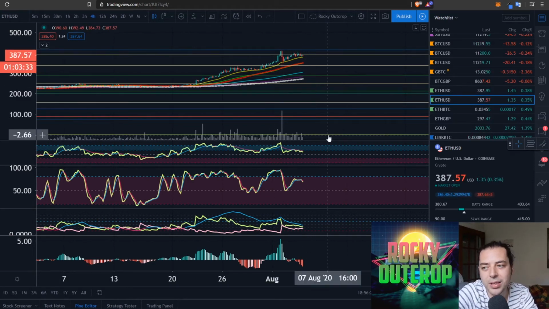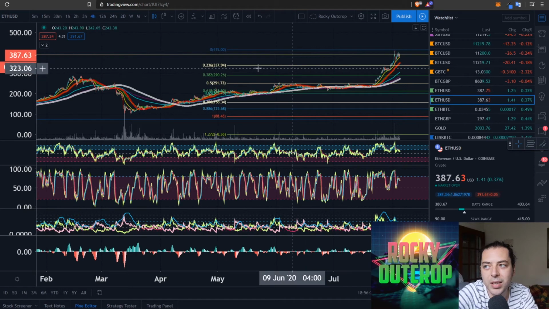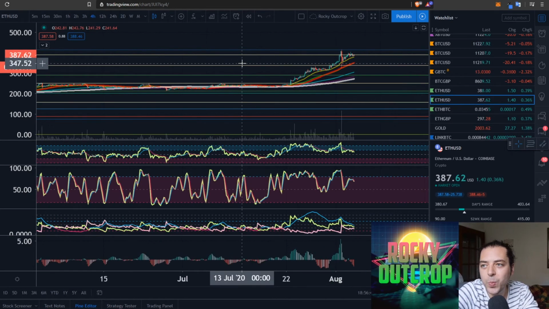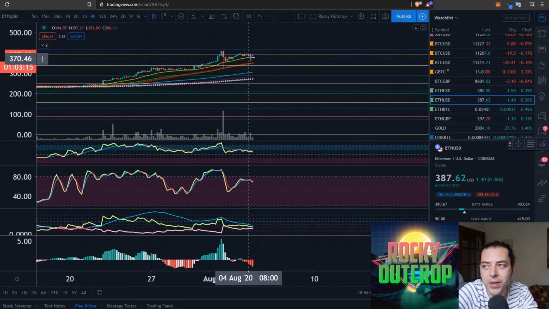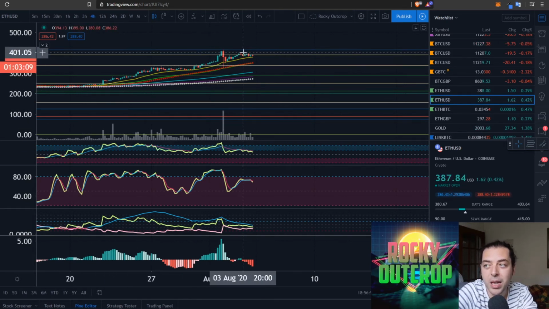Maybe you could look at this and say that we're due some sort of pullback, and where could that take us down to? One easy way of answering it could be that we could go down to the 337 point, in which case you're looking at a 20% discount in the price that you're paying. So it's a toughie. But if the prices skyrocket from here, it's not like we haven't spoken about it for everybody else in the run up. But at the same time, we've got these manageable risk trade areas for us to look at.